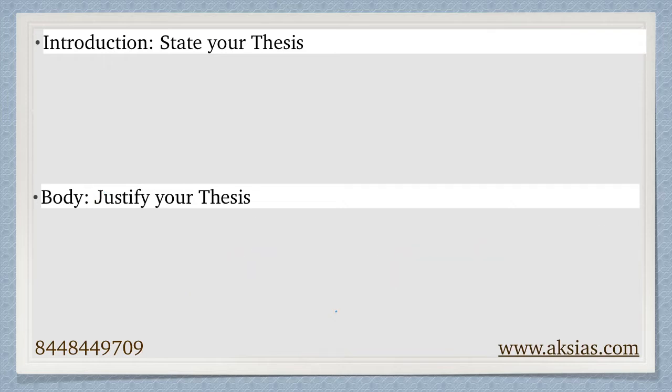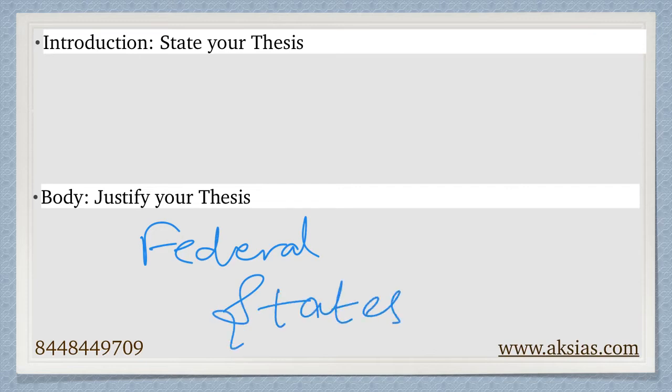For instance, if the question is something related to India, don't just present it from the point of view of the central government. As you know, India is a federal country. You may think from the perspective of states and even bring in factors affecting local governments. And that's how you can bring this multi-dimensionality of the central government, state governments, and the local self-governing bodies, so as to bring the multitude of dimensions into the body of the answer.